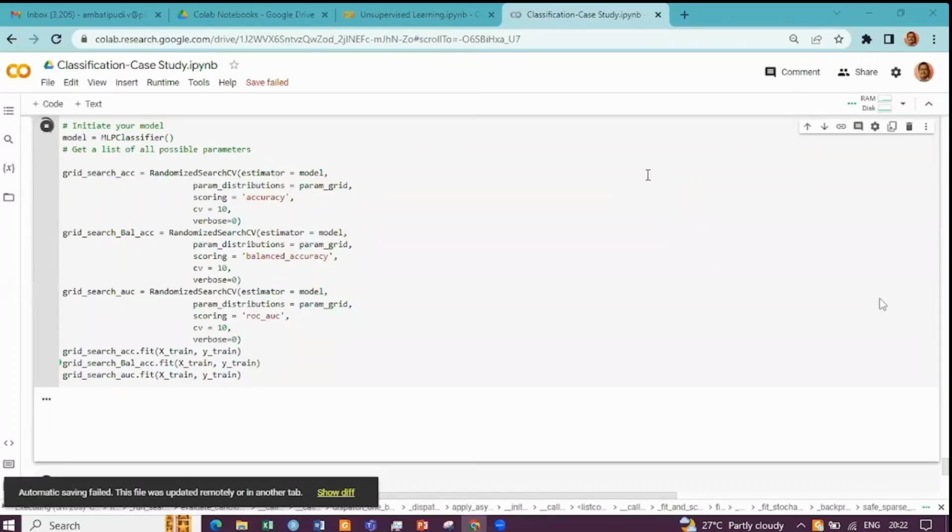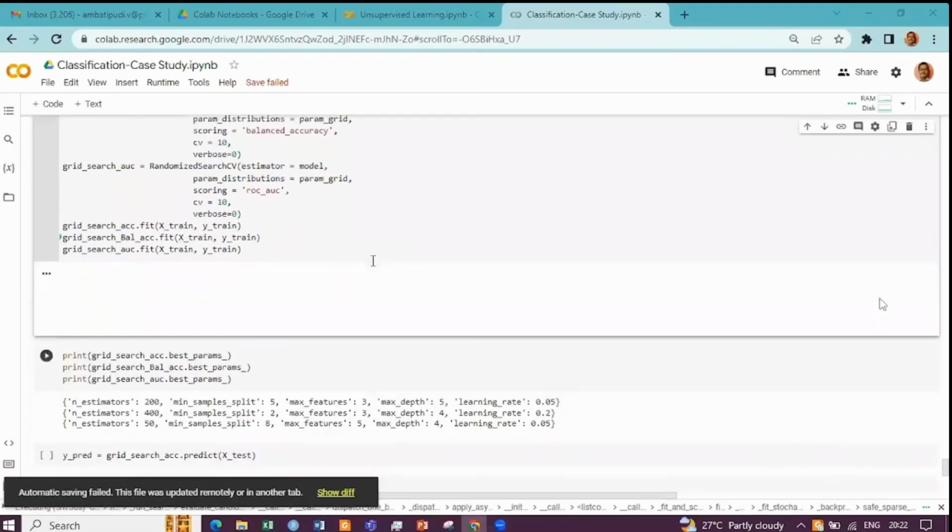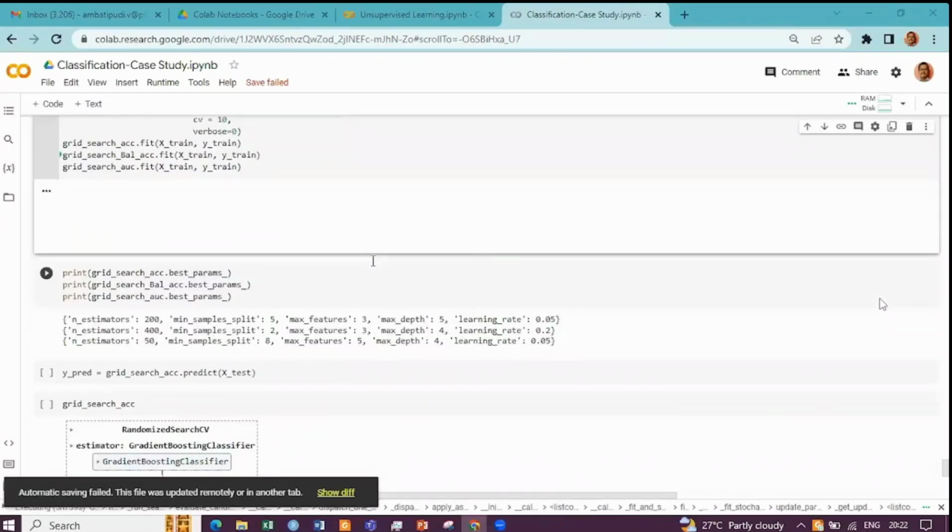Okay, let it execute the balanced accuracy. This is where some time typically goes, but I just wanted to show you that if you have to run a new model also,